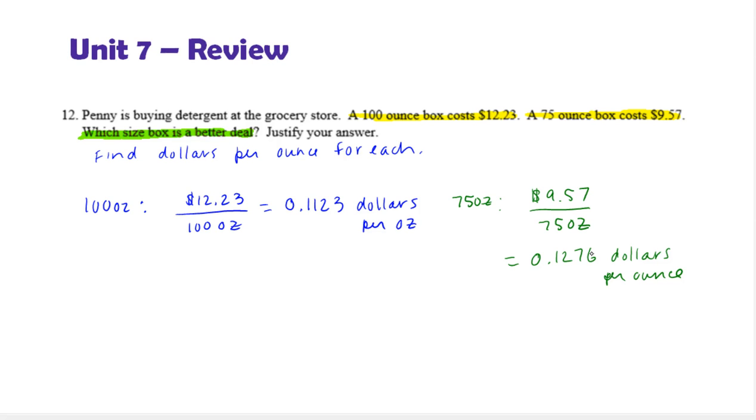So now you have to make your decision. We weren't asked to find these unit rates. We're using them to answer the question, which size box is a better deal? So comparing these numbers, you want to think, well, do you want to pay more dollars per ounce or less dollars per ounce? And you definitely want less dollars per ounce. So let's write that. Okay, so 100 ounces is a better deal